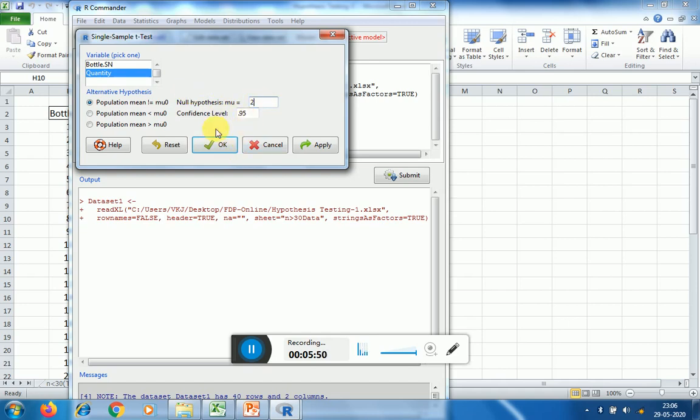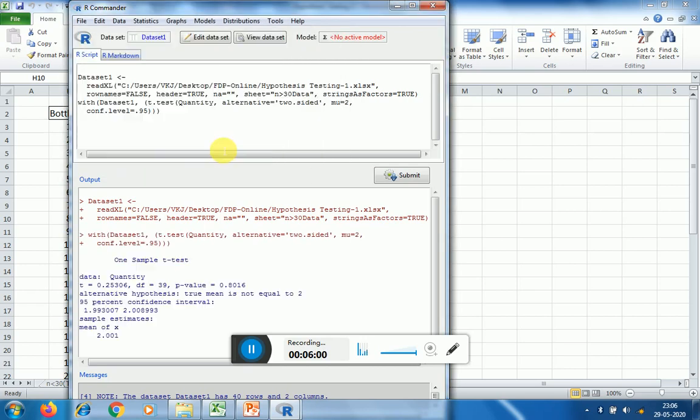Now by default the confidence level is 0.95, that means we are doing this at 5% level of significance. So again click OK. You will see here the data we have used is quantity. T value is 0.25306. The degrees of freedom is 39 and P value of this is